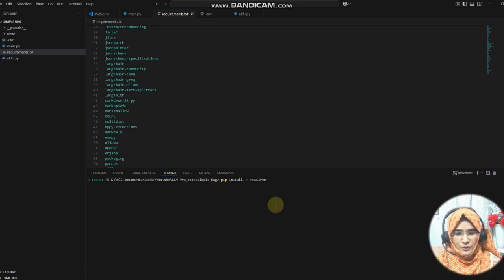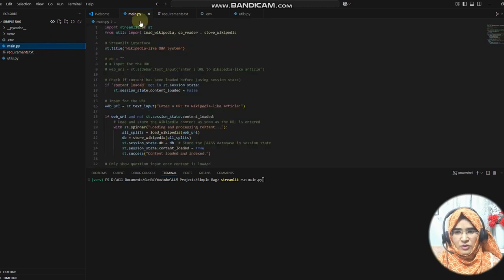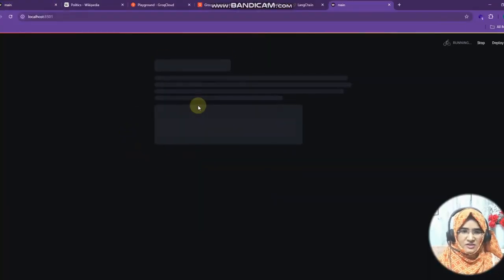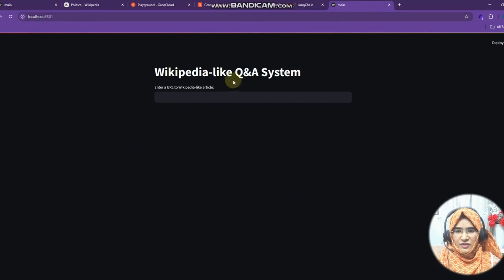Afterwards, when you are done with all the installations, you need to write streamlit run main.py, because our Streamlit code is written in this main.py. So we need to write the particular file name that has the Streamlit code in it. As soon as you run it, you will have this front end on your side. So that's how you can create an end-to-end Wikipedia search chatbot.